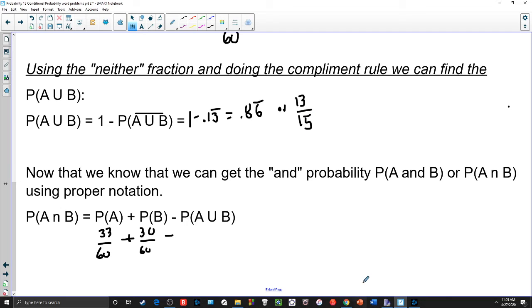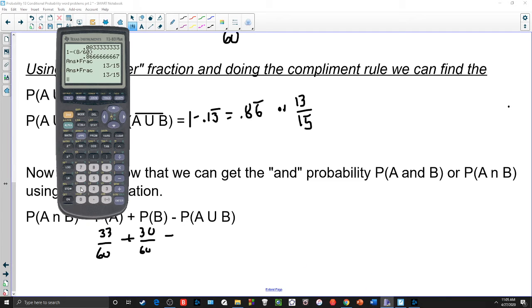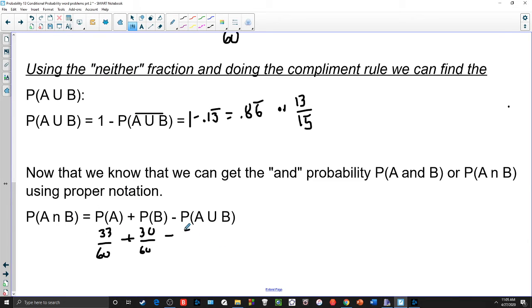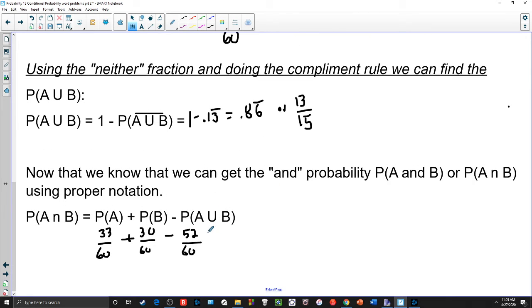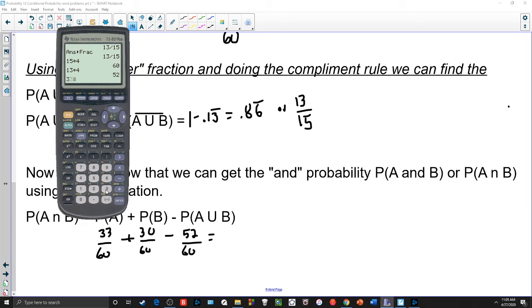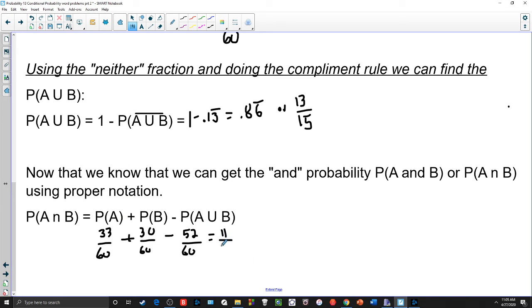which if I make this out of 60, what's 13 out of 15? 15 times 4 is 60, right? So 13 times 4 would give me 52, so it'd be 52 out of 60, which again makes sense because if there's 8 ways of neither of them happening, it means 52 ways of them or happening. So we subtract our top numbers when we're subtracting fractions, right? 33 plus 30 minus 52, and we get the fraction 11 out of 60,